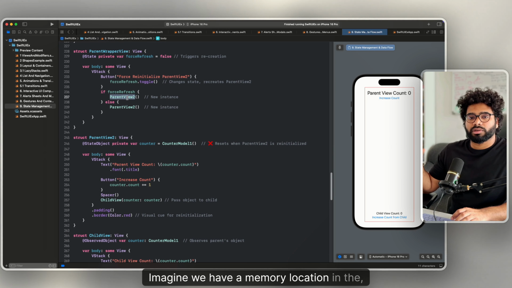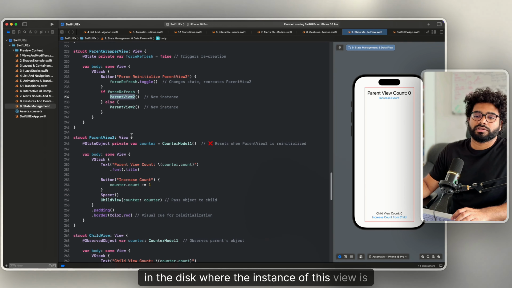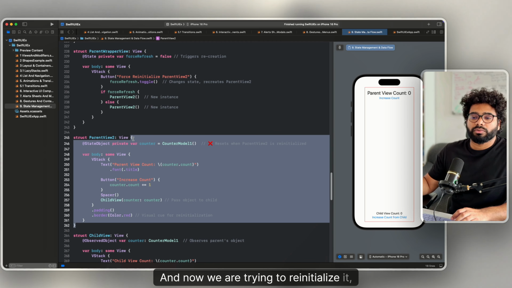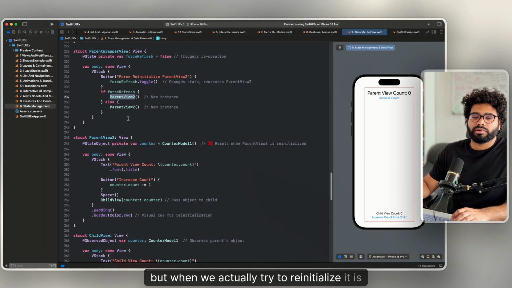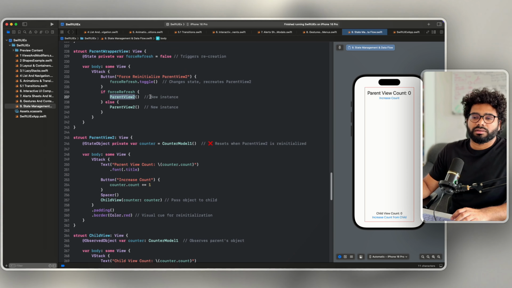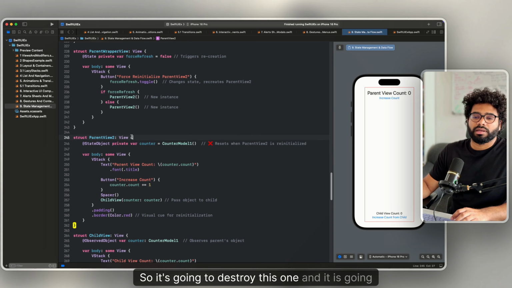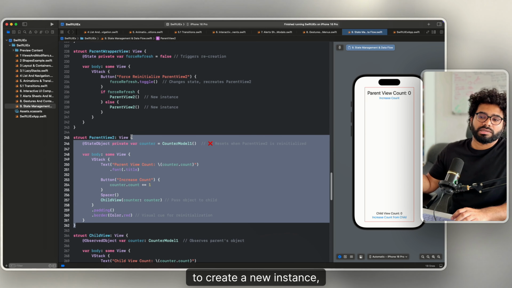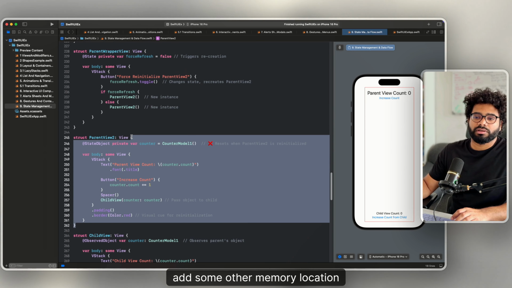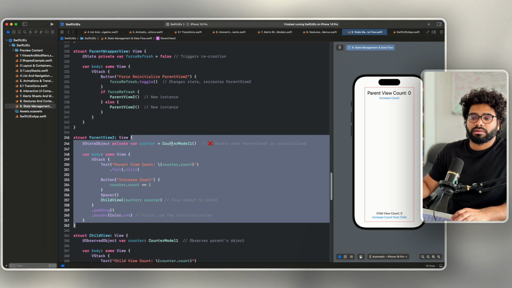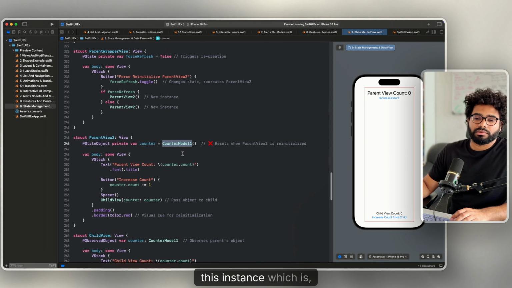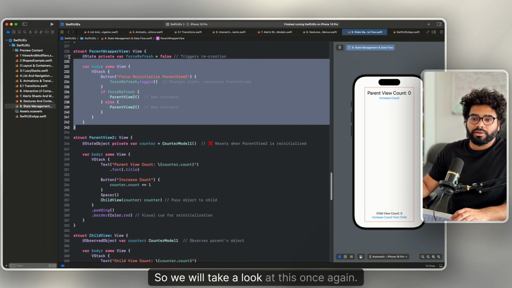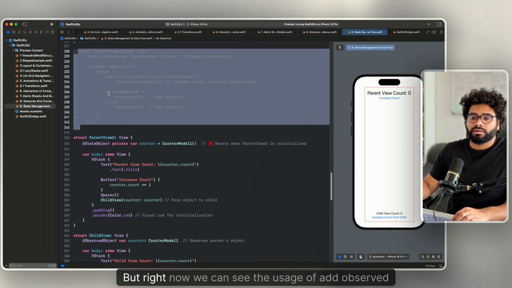Imagine we have a memory location in the disk where the instance of this view is residing, and now we are trying to reinitialize it. But when we actually try to reinitialize, it is actually creating a new instance. So it's going to destroy this one and create a new instance at some other memory location. And when this view destroyed the existing object, all of the instances, this instance which was persisting, is also destroyed. So we will take a look at this once again, but right now we can see the